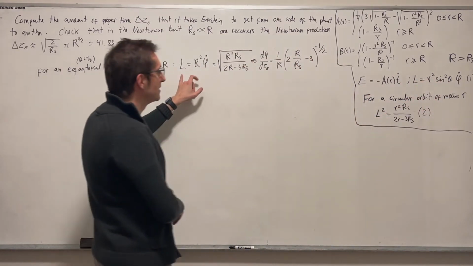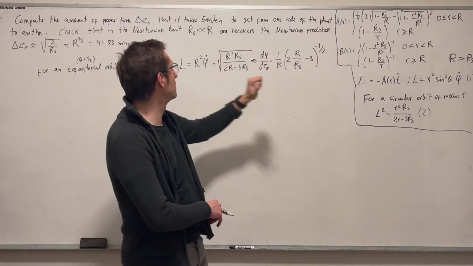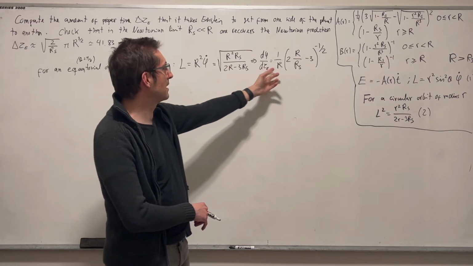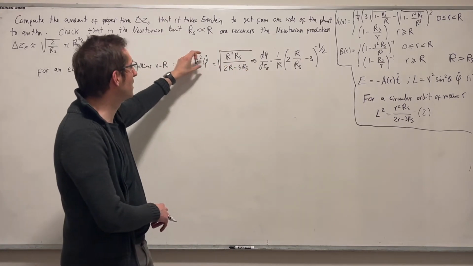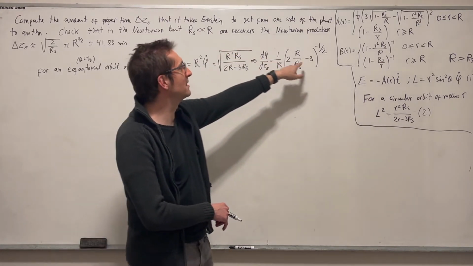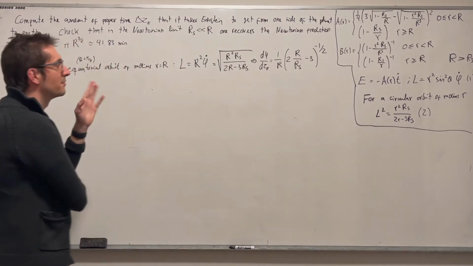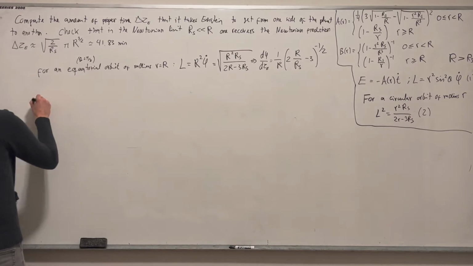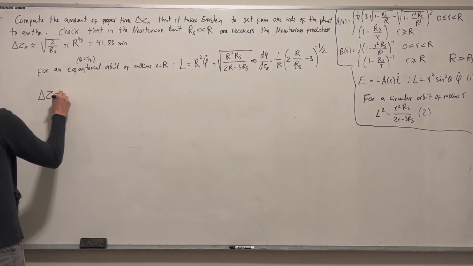So I equate that L to the square root of equation 2, of course, here. And that allows me to solve for d phi d tau. And I get this expression. Just putting the r on this side and doing a little bit of arithmetic, I get exactly that. From there now, it's very easy to find delta tau Einstein, because delta tau Einstein would be equal, of course,